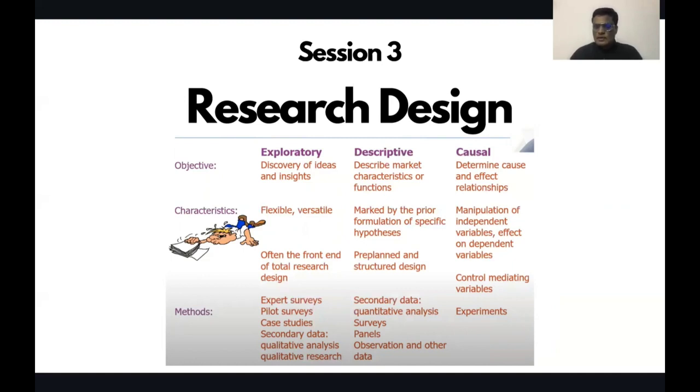One good example would be that I want to understand the effect of corona on flight bookings. That is like determining a direct cause and effect relationship. Of course, in a particular research design, when we want to come to a conclusion, sometimes it gets a bit tricky and you have to vary between the two. First you would begin with exploratory analysis to understand what factors are directly implicating the area that I want to explore, and then you establish how much effect these factors have, based on the assumptions that you have taken.